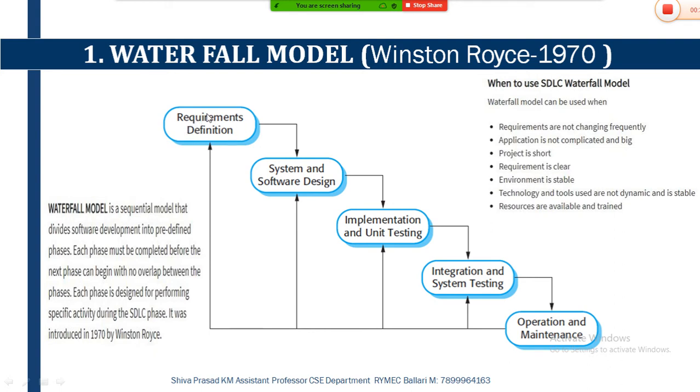Once you complete the first phase, then only the second phase will become active. And the third, fourth and fifth phases will be in an inactive state. Why? Because the second phase is running, and since the outcome of the second phase acts as an input of the third phase, we can't run the third phase until you complete the second phase. It indicates what? Each and every phase is interdependent on the others,